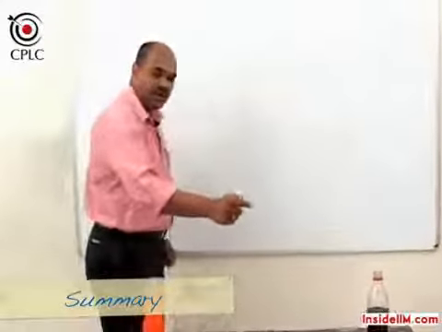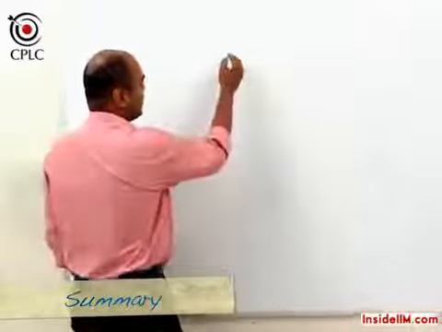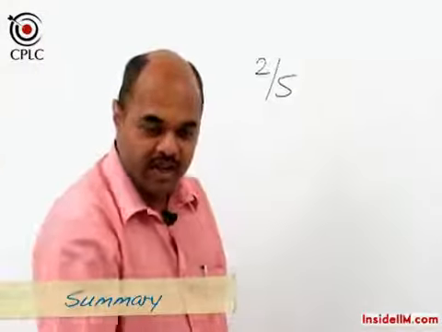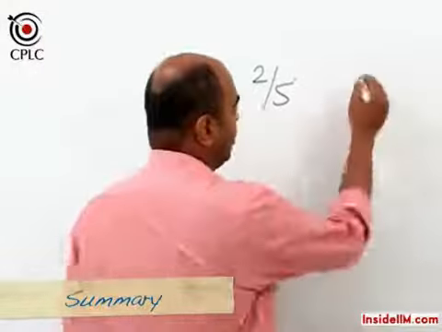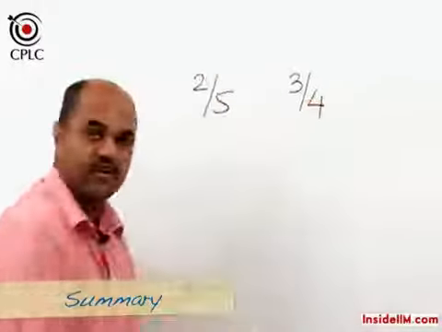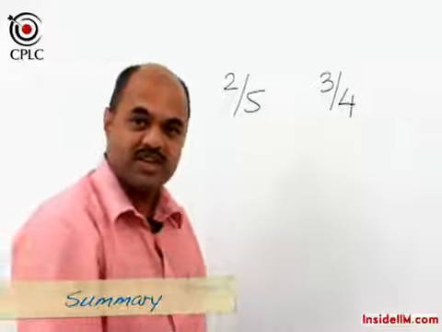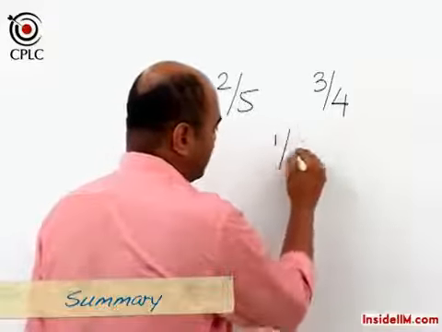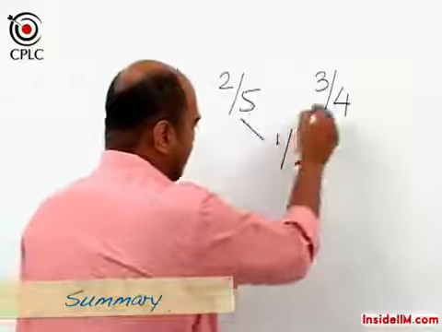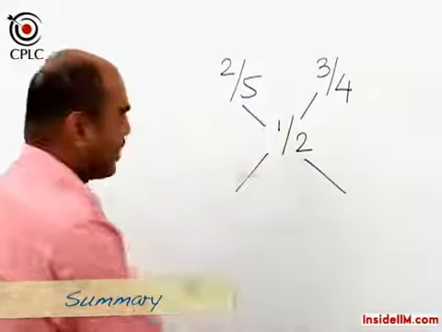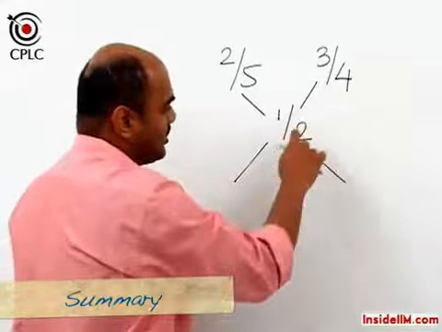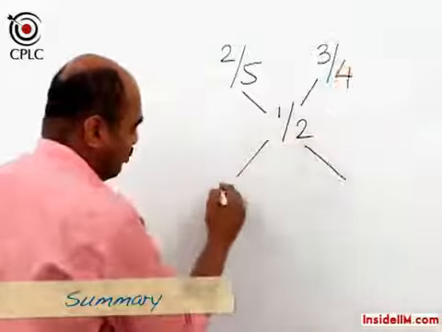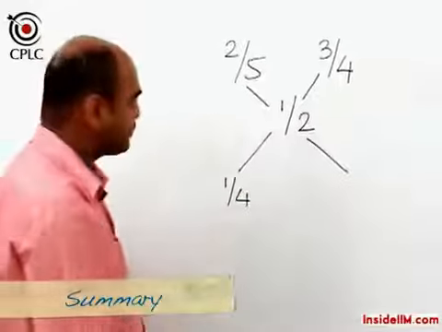So if I take only cola in the first glass, then since the ratio was 2:3, we would know that 2/5 of this first glass had cola. In the second glass the ratio was 3:1, and hence we would know that 3/4 of this second glass was cola, and the objective in the mixture is to have equal cola and orange, and hence we know that in the mixture we want half of cola. So now if we use alligation and if we subtract, then we know that this value is larger as compared to this value, and when we subtract half from 3/4 we would get 1/4.